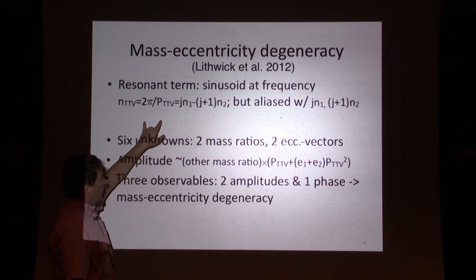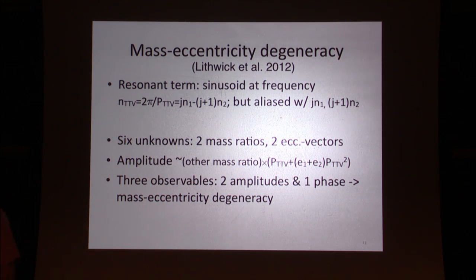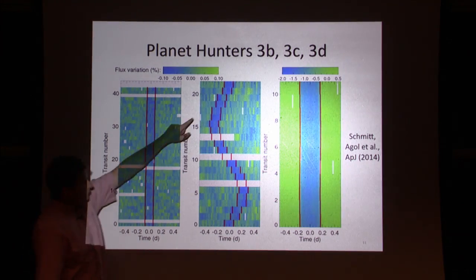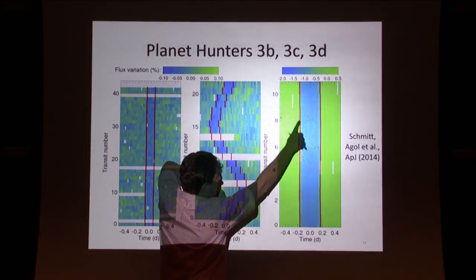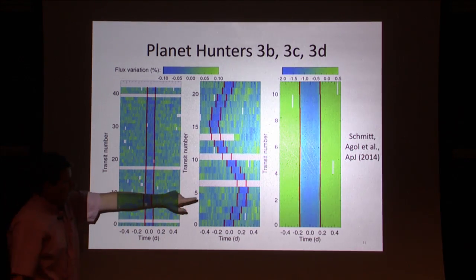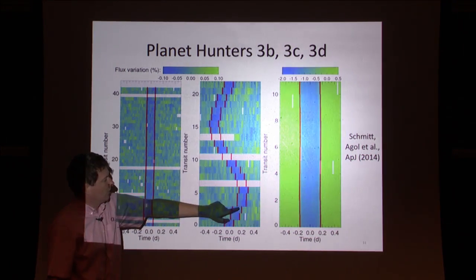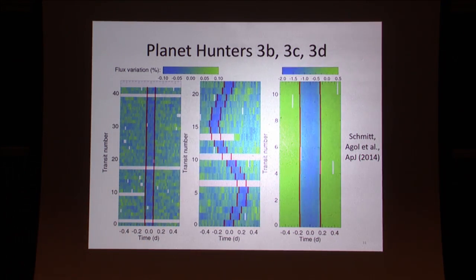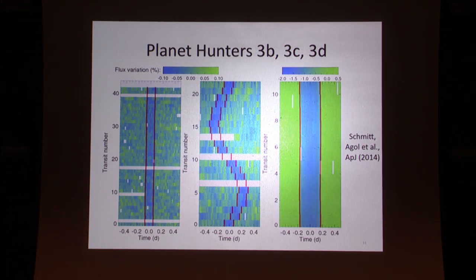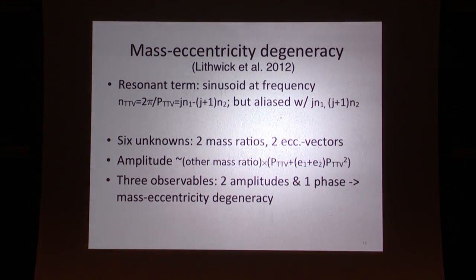And so the strongest transit timing variations, the ones that you see in this Planet Hunters 3 system, this is a 65-day orbital period and 125, so they're close to a 2-to-1 period ratio. If you take the difference between twice the frequency of this planet and the frequency of this planet, you get a very low frequency or long period, and that exactly matches the period of this sinusoid. And so it's that resonant interaction. It's actually not in resonance, but it's close enough to the 2-to-1 resonance that it plays a strong role that can constrain the